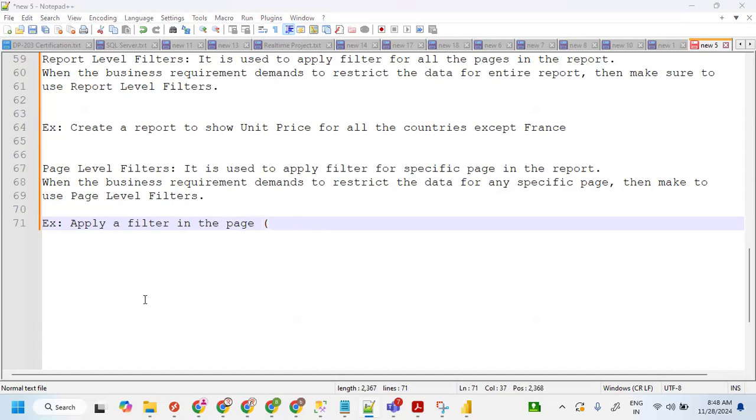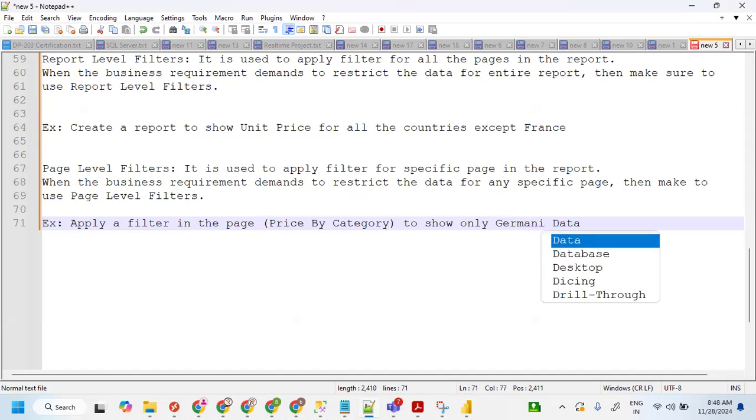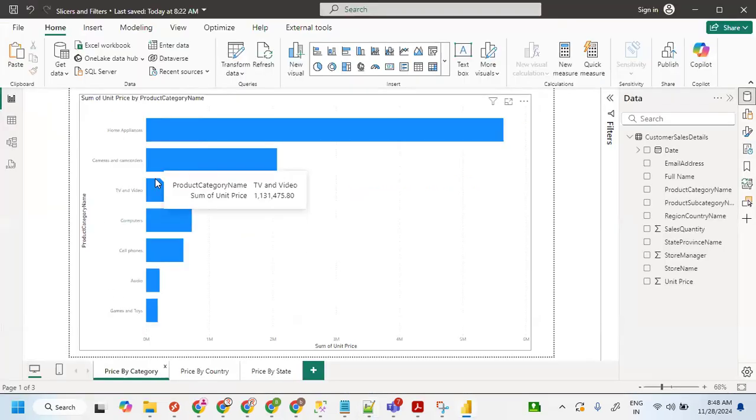The specific page is price by category. Apply a filter in the page, the page name is price by category, to show only Germany data. I wanted to show only Germany data. Then if I wanted to do that,